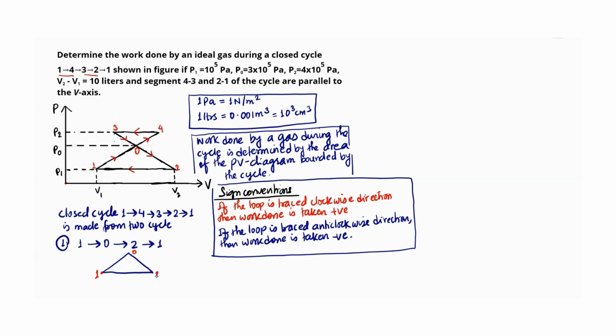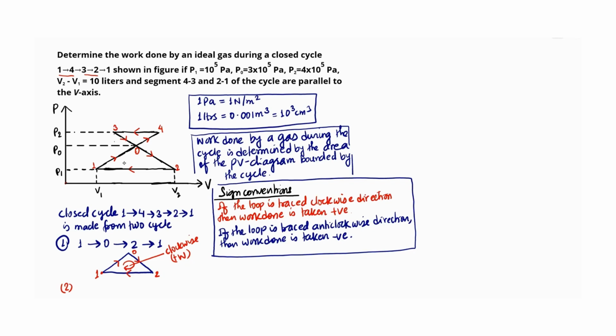In this case, we are tracing the loop in clockwise direction. So the work done in this cycle is positive. So we have positive work done. And next,